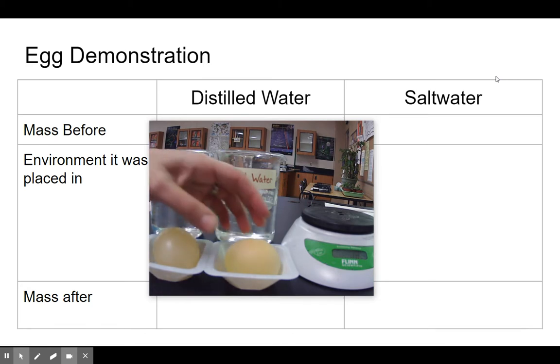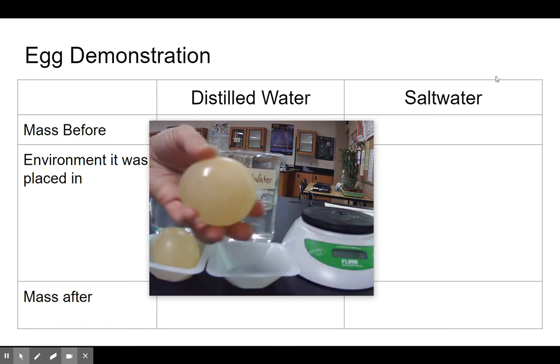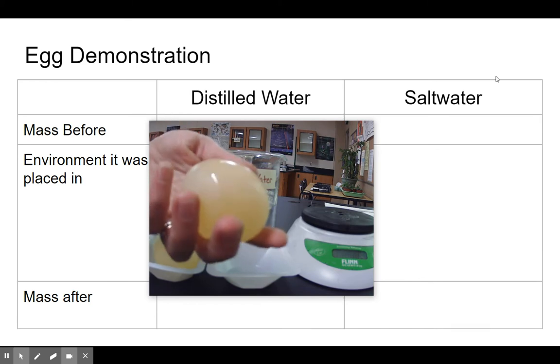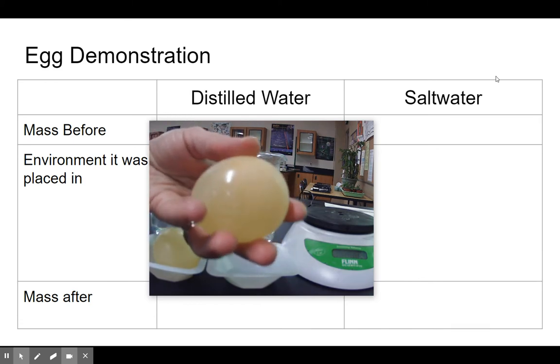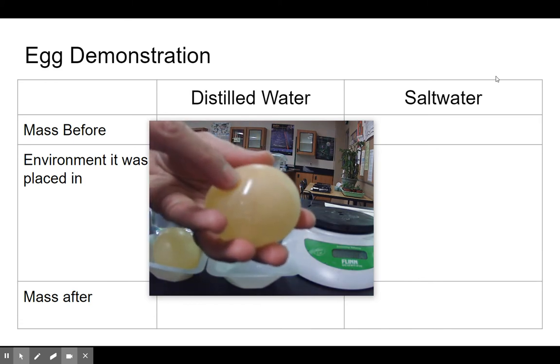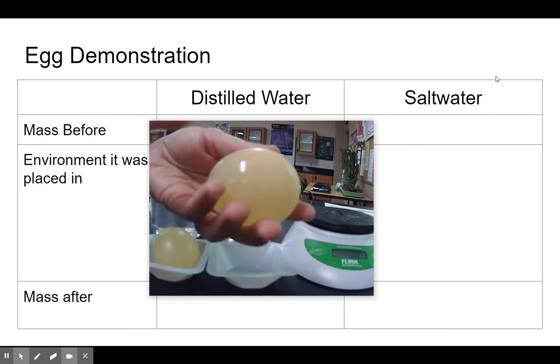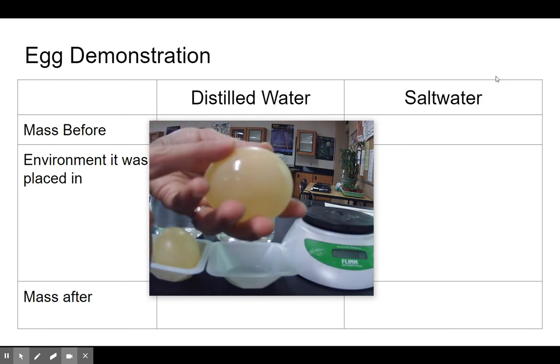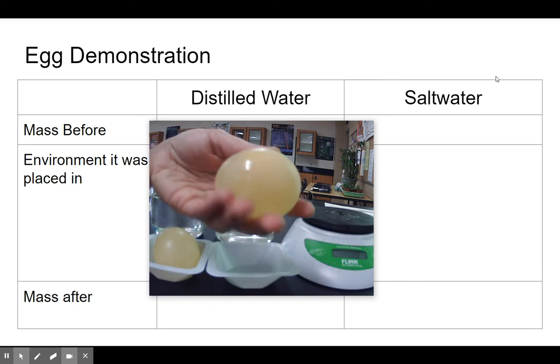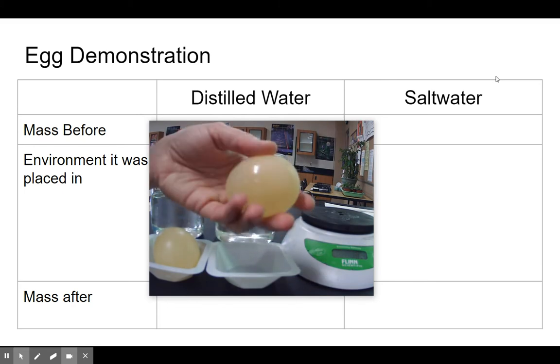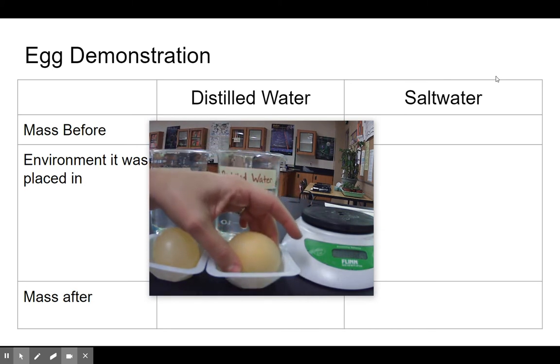And you may or may not know, but underneath the shell of an egg, it has a membrane. So this is not cooked at all. This is still a raw egg. It's kind of squishy, like a little water balloon, but it's surrounded by a membrane, very much the same way that cells are surrounded by a membrane. So we're going to use this as a model of a cell to look at how substances move in and